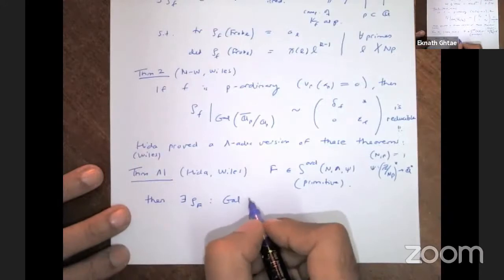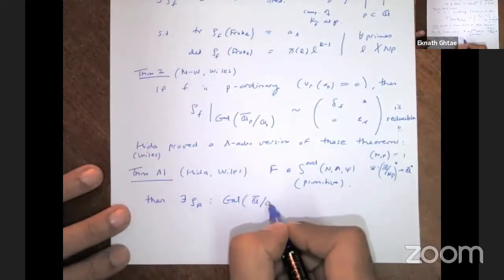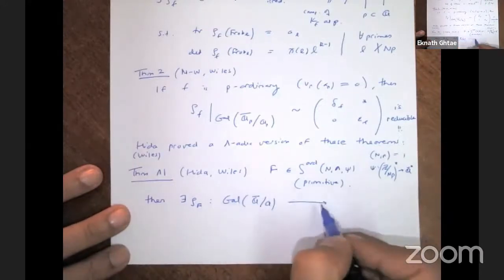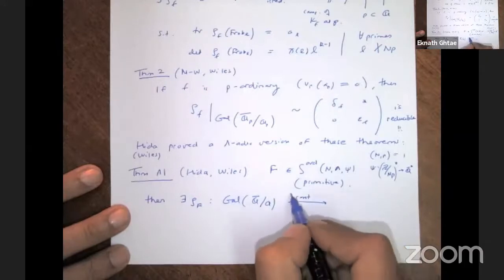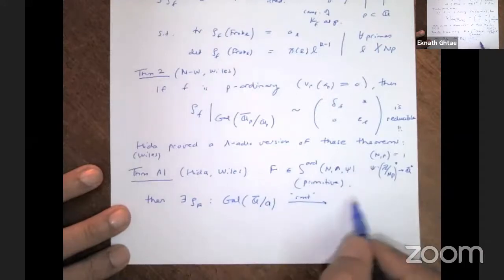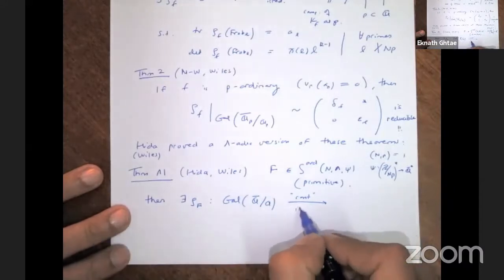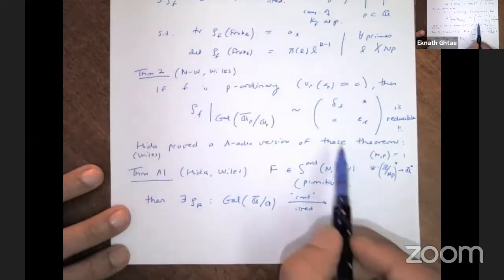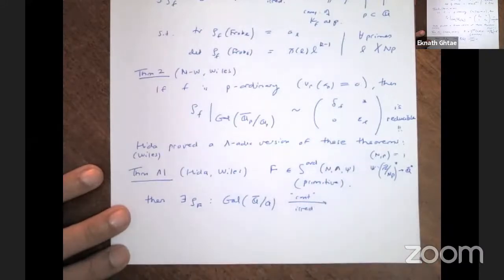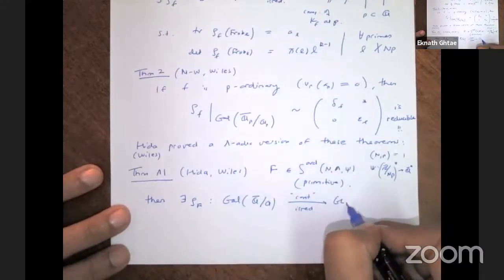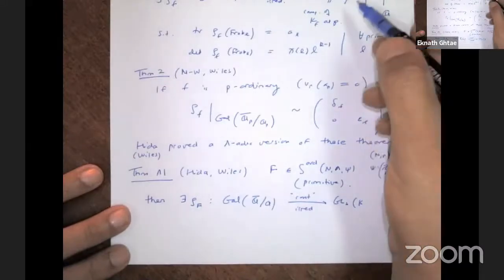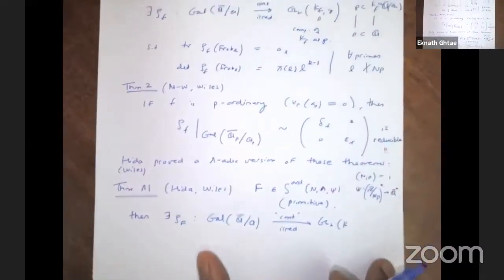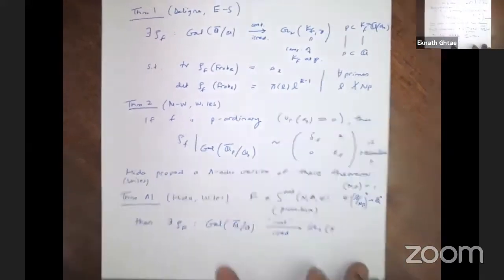Then there exists a Galois representation, which is again continuous, but continuous I will not define in this lecture because you have to put a topology on the right-hand side. And I don't want to get into that now, but irreducible, of course, one can understand. You can't put a 0 in the lower left corner for this representation. Into GL2 of K, and just to follow the notation up here,